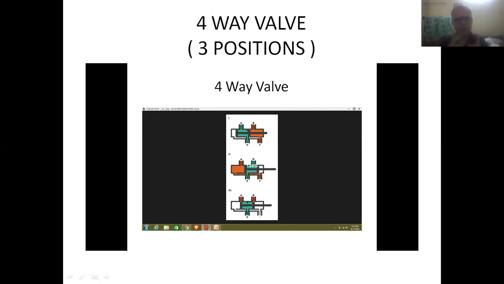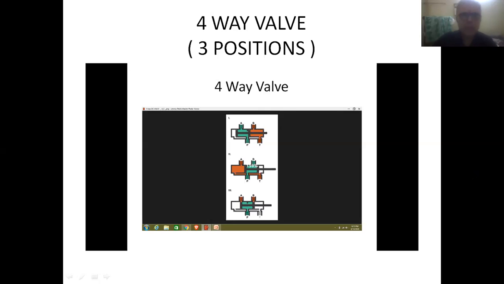So friends, in the first position, inlet will be in contact with the first outlet, and second outlet will be in contact with the exhaust. That is used for the forward stroke of the piston. And in the second position, the inlet of the valve will be in contact with the second outlet, and the first outlet will be in contact with the exhaust. That is used for performing the return stroke of the piston.